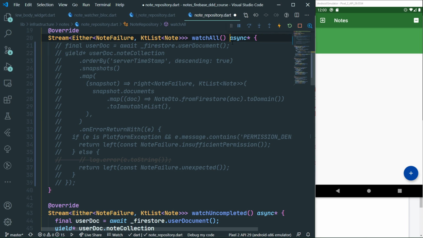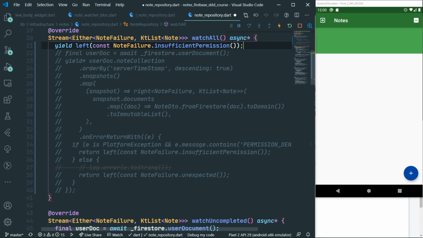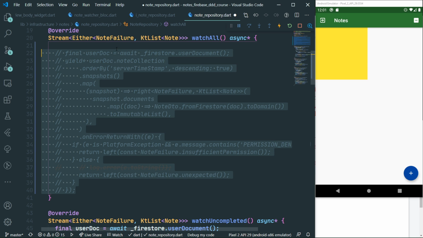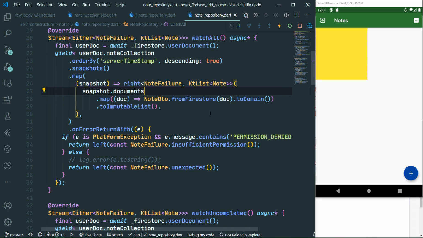So let's just say yield this, and now whenever we call watch all, we should always see this, right? This is what we want to see. This signifies that there are some errors with the whole Firestore call. So we can test if it works. We know that it does. At least the UI works. Just the integration test failed, sort of, our manual integration test. I'm not sure why again, but let's just continue